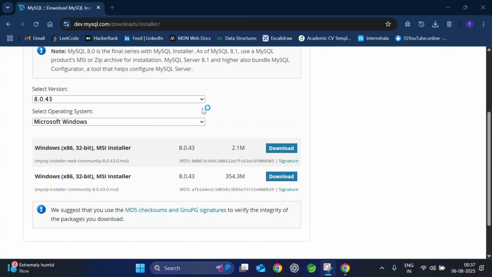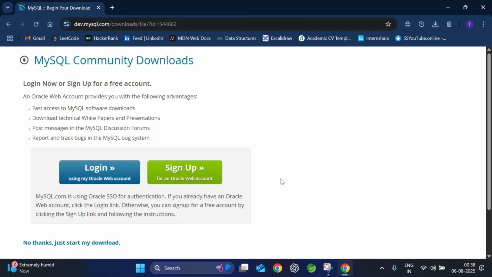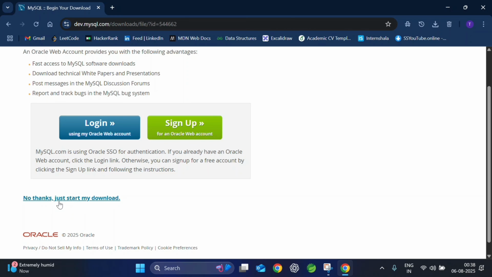After scrolling, you can see two versions of MySQL. First one is 2.1 MB and second one is 354 MB. You can also see both are 32-bit, so it will also support 64-bit. So we will choose 354 MB. Now click on it and "No thanks, just start my download." Click on it,